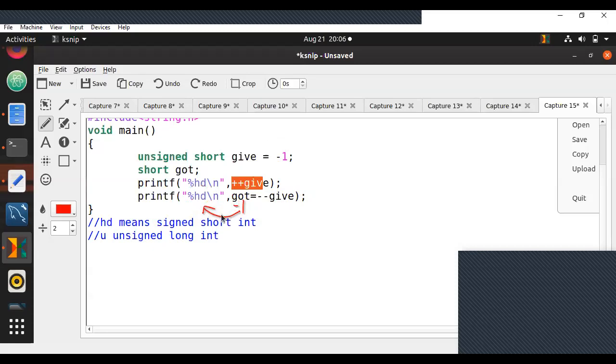Now, instead of hd, if I used %u, the other condition, here's what's exactly happening. In %u, you're taking unsigned long int. Unsigned long int means 4 bytes.